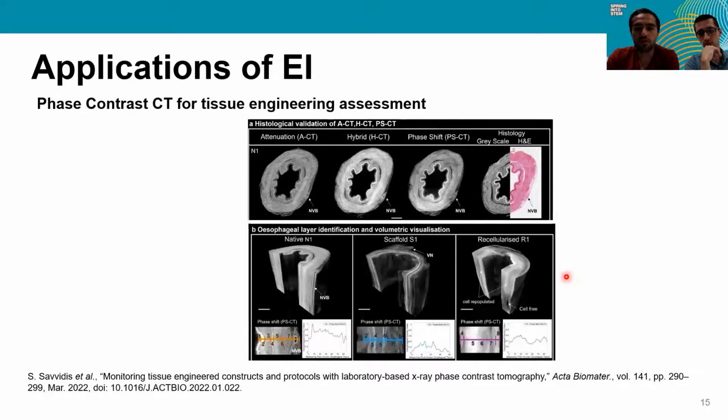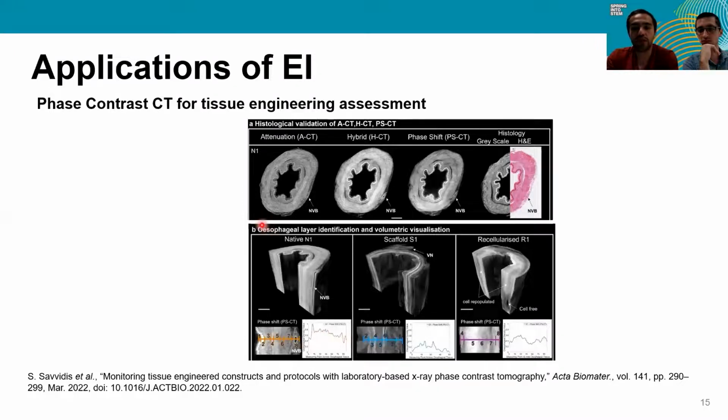And the last application I want to show you is for tissue engineering. Tissue engineering aims for the surgical treatment of tissue loss caused by trauma, cancer, or congenital malformation. It grows cells from scaffolds or support structures, which could be synthetic or biological. It has been shown to work for simple structures like skin or bladders, but not for more complex constructs such as the esophagus. And this is because it requires a higher level of structural and functional characterization prior to clinical